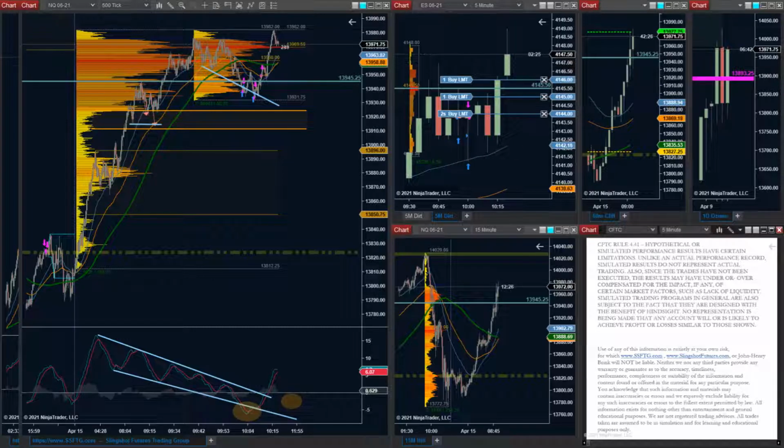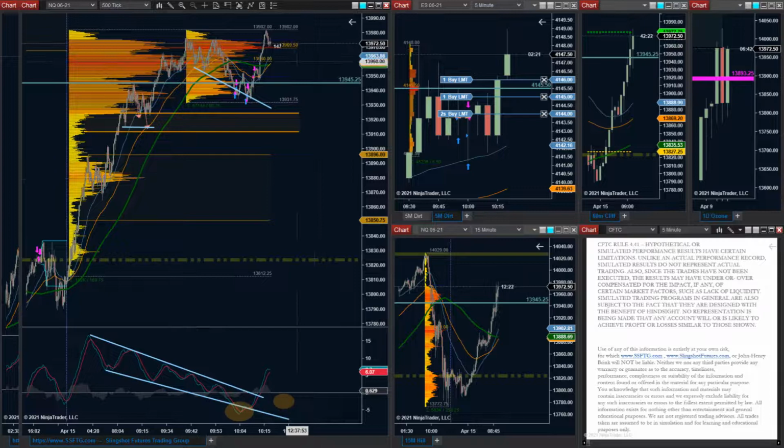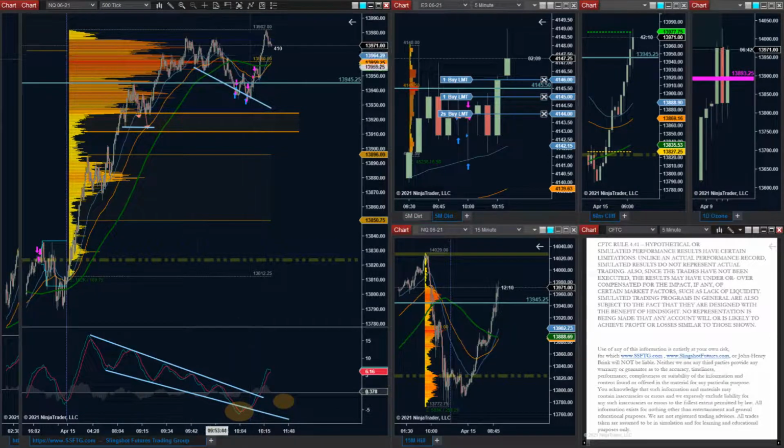My POC still rests at 960. It depends on where you started the drawing point from. I have a POC at 960 as well, but that's from the bottom. The short-term POC is just measuring from the top to the bottom, which is now invalid that it's made a new high. But that was the POC before it broke above the highs. So the shorts that were trying to carry this through, that's where they were at, but they got wailed on. So they're out of the way now.